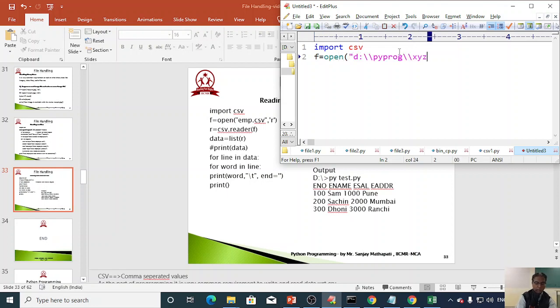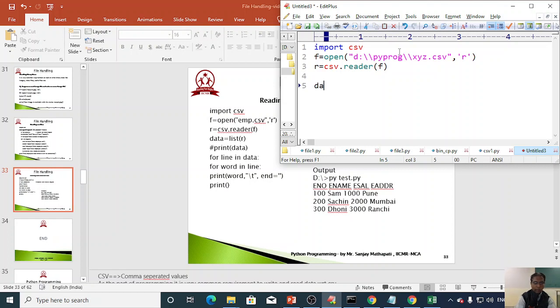Then the CSV reader object we have to create, r equals csv.reader for the file object f. Then data equals list of r.